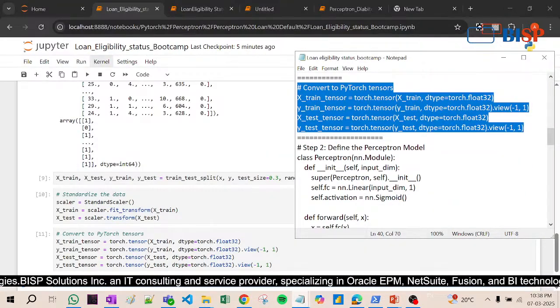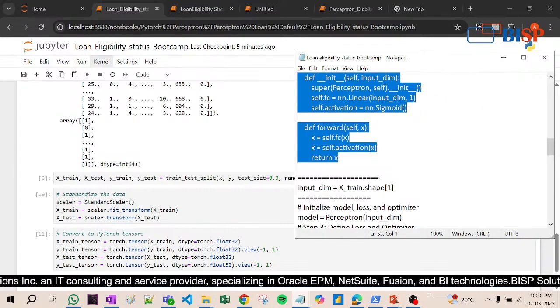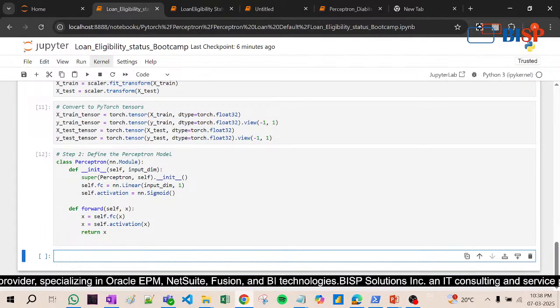Define perceptron model, again the same thing. Now define perceptron model. So here we come, this is again the perceptron model, this is fixed, right? Here sigmoid is used, activation X and then return X. Now after this,